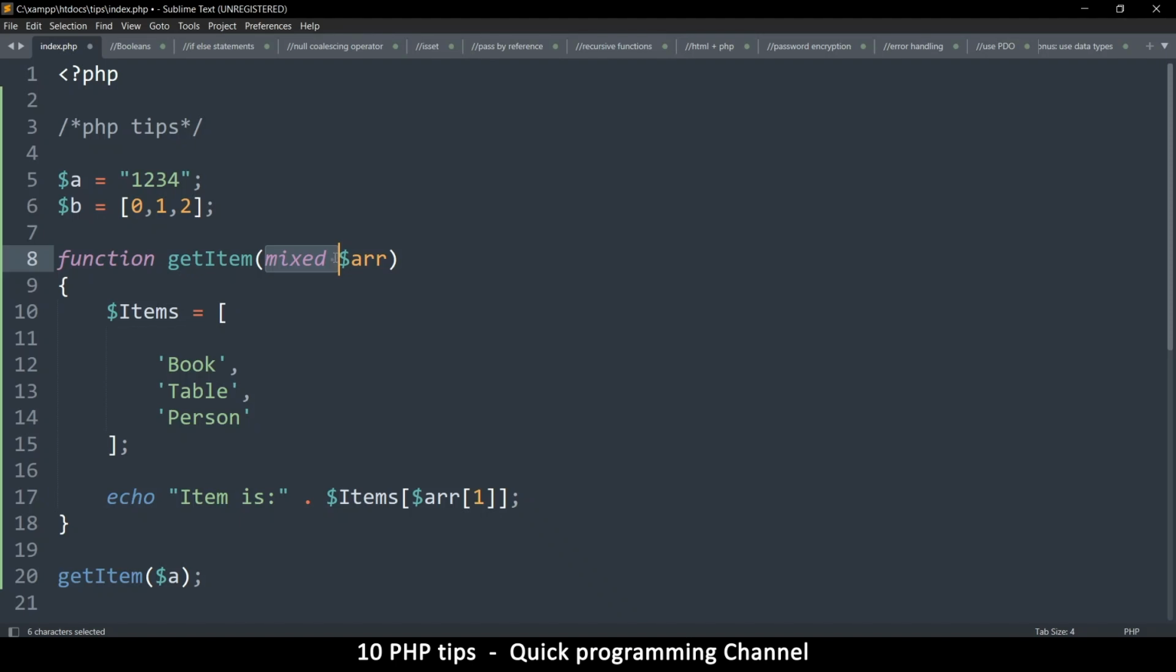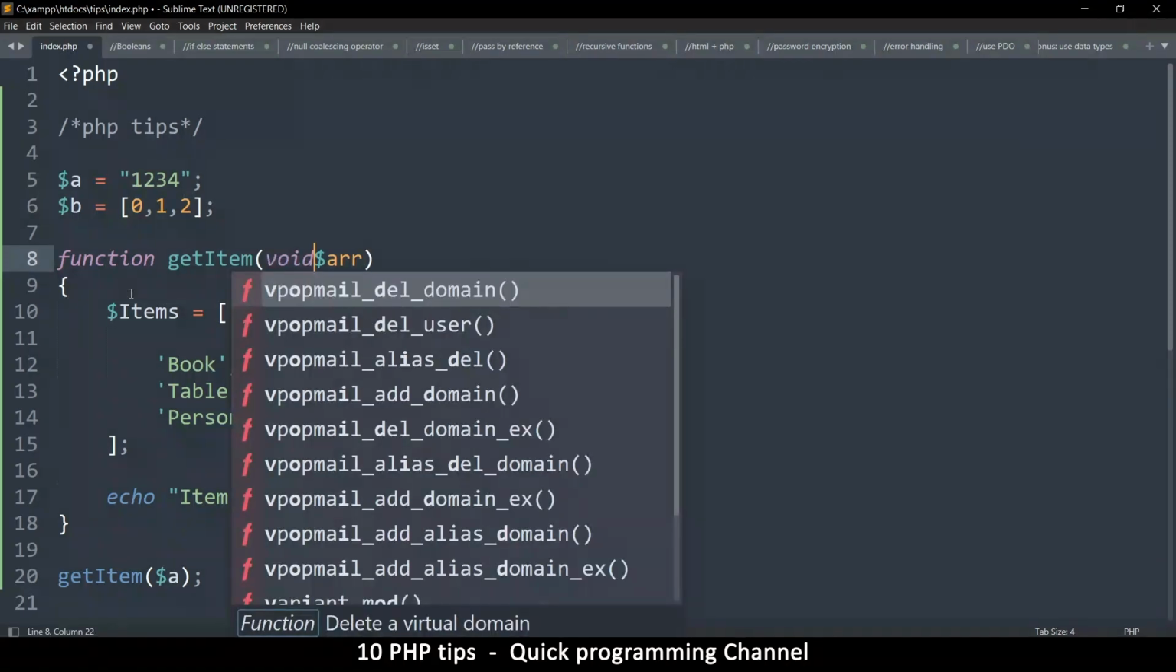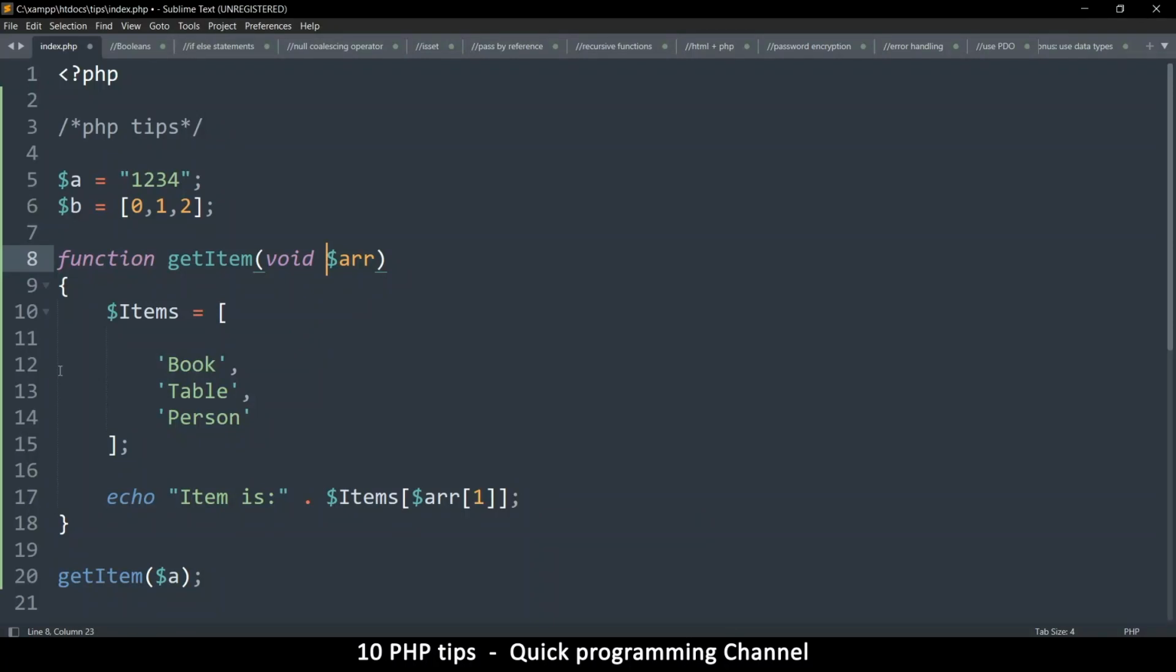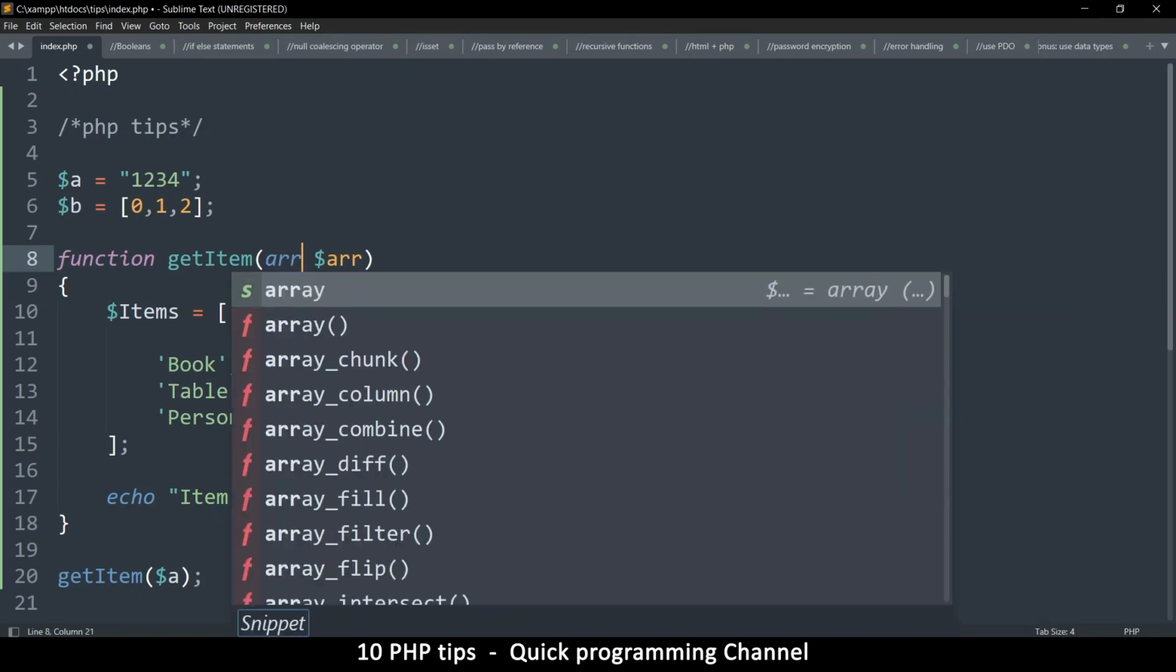Or you can just, by the way, void is also a type actually. So void is like no, it's emptiness, right? So that's a type as well. Now to add to this,